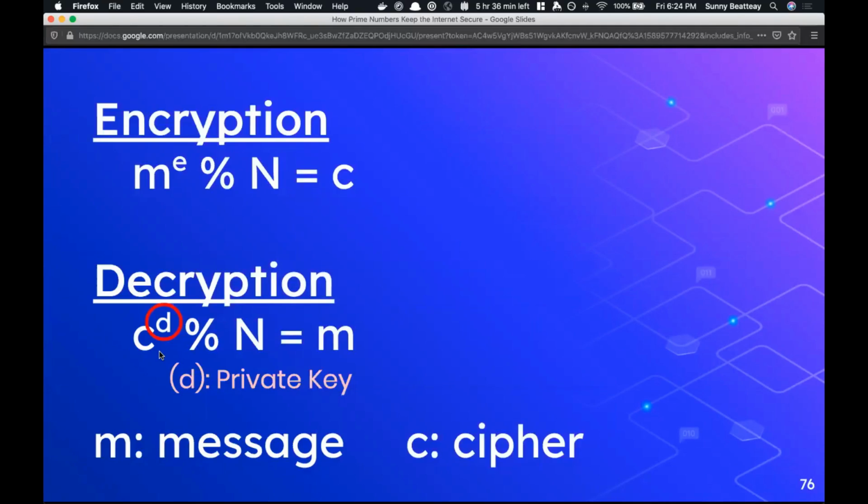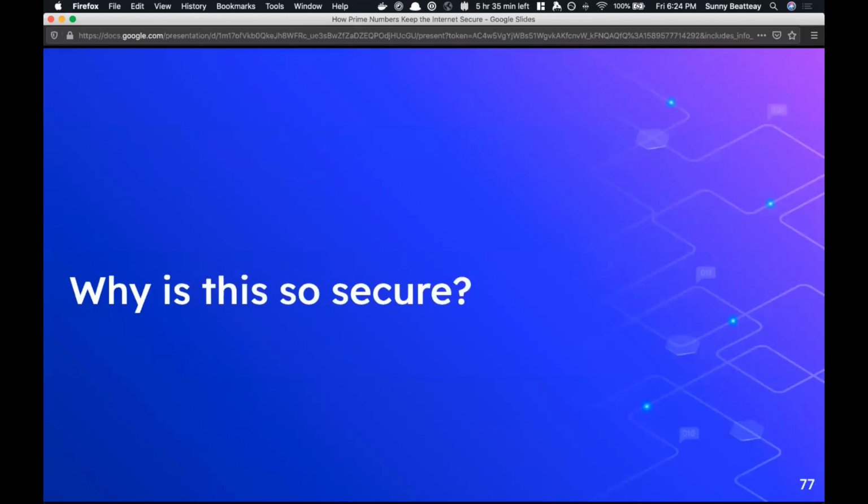So we were able to encrypt our messages right now using some pretty simple math, to be honest. It's just using some exponents and the power of the remainder operator. So it's a pretty simple formula if you break it down a little bit. Now the question is, if it's so simple, why is this so secure? Why do we use RSA encryption for almost everything? Why does it have its hand in everything?